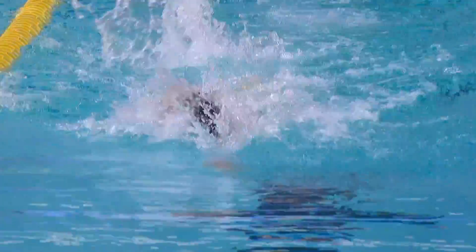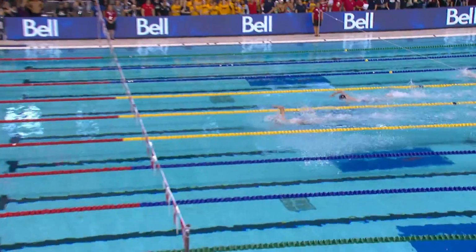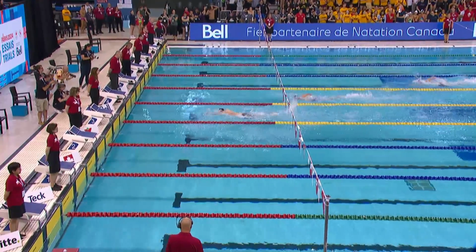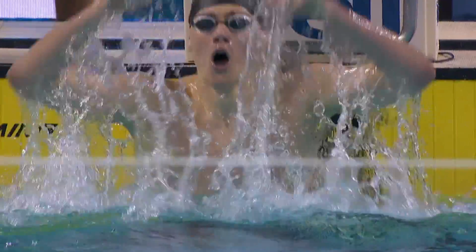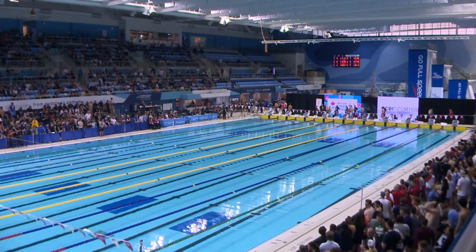You can see right now Jankovics is tightening up. He is getting really sore. He's throwing those arms forward like he's actually lunging, a little bit of a catch up, but he's able to. Look at that! Look at the pickup in the last 3 strokes. Excellent job. He might have missed the time. Nice job. So a big win for Tristan Jankovics in a time of